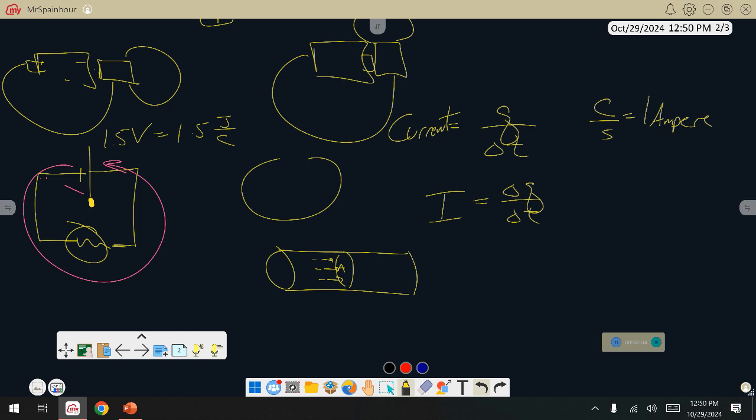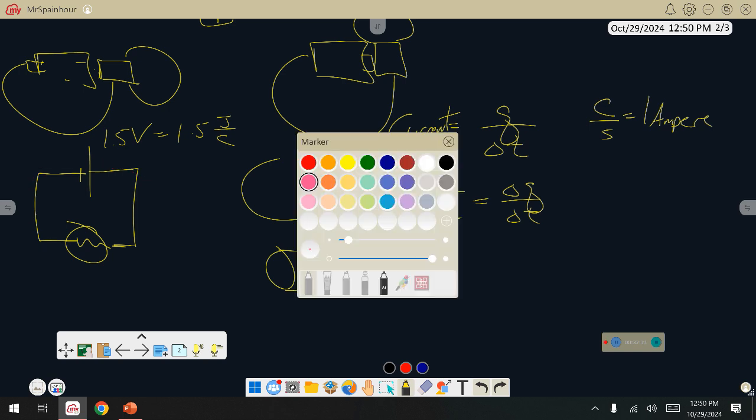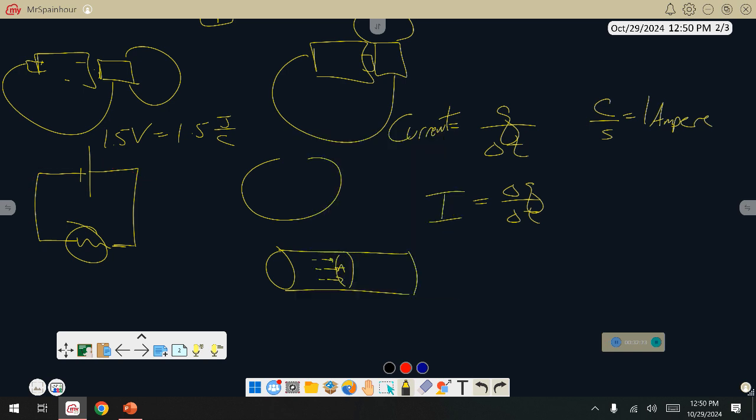When you guys were messing around with your circuit, was it really obvious which way the current was going? I would argue no. You saw energy, you felt energy, but you're not going to notice the direction at all. So what we do then is we say, all right, conventional current is clockwise.